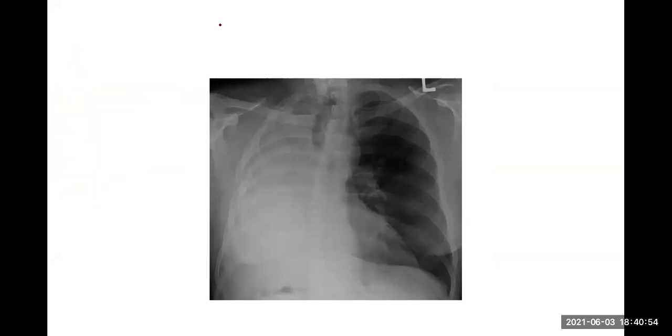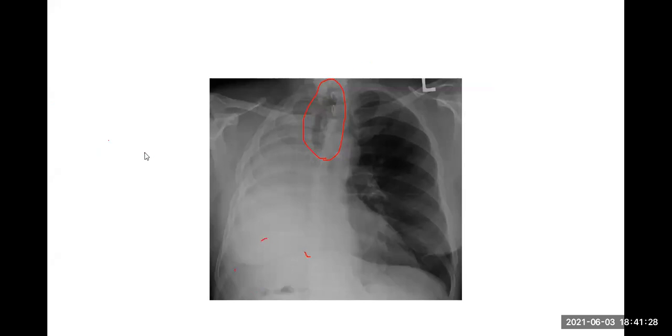Right. What do you see? What is this? Again, this is the same sort of thing on the other side. So the differential diagnoses of a whiteout are, number one, massive pleural effusion, collapse of the lung, and then finally a pneumonectomy. Now here, you can see that the trachea is very nicely deviated to this side. Okay, so that is evidence, but